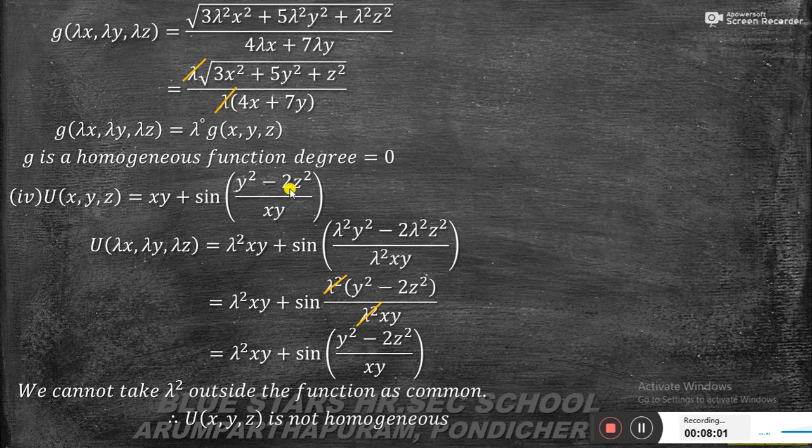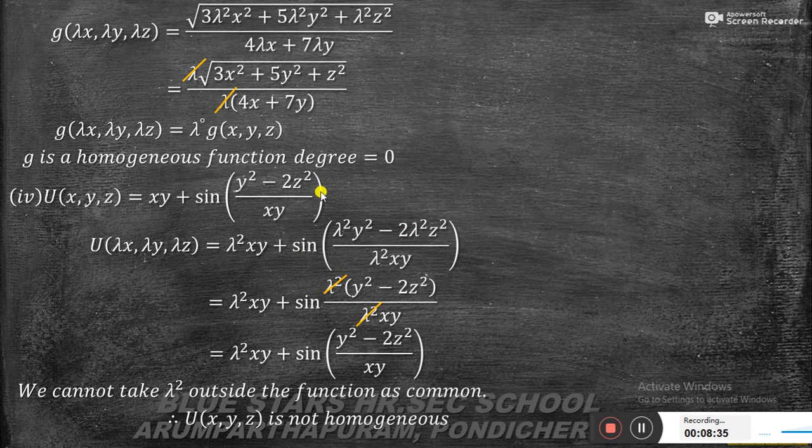Next, fourth subdivision, u of x comma y comma z equal to xy plus sine of y square minus 2z square by xy. This is our given function. So now we substitute u of lambda x, lambda y, lambda z, that means x equal to lambda x, y equal to lambda y, z equal to lambda z in the above function. Therefore on the right hand side, x becomes lambda x, y becomes lambda y. So lambda x into lambda y means lambda square xy plus sine of y square means lambda square y square